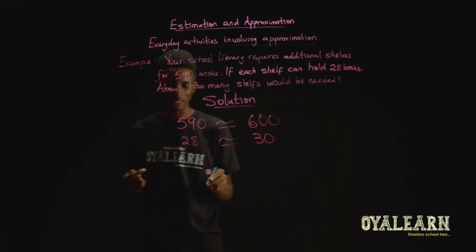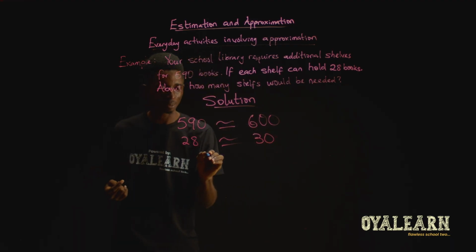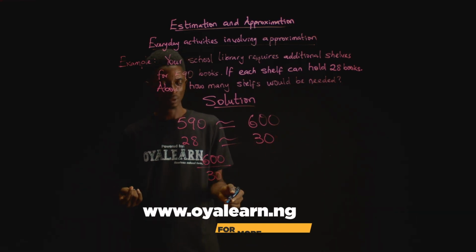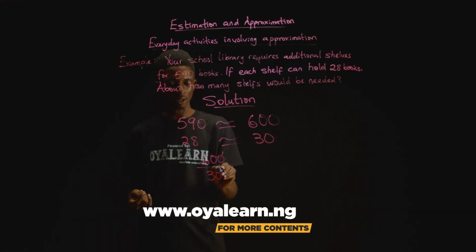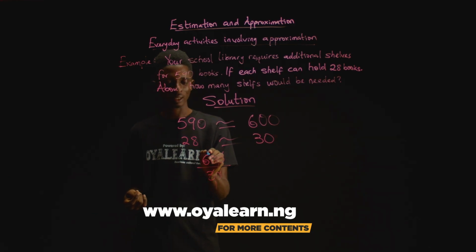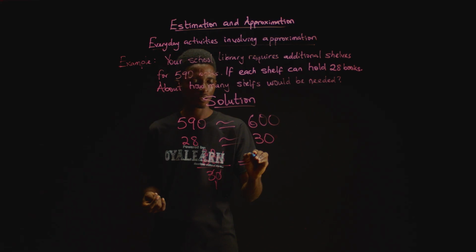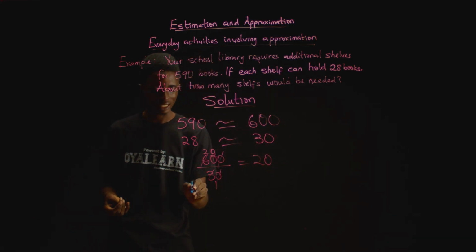So let's solve this. Our answer would then be 600 divided by 30. Now of course 0 cancels 0. So 3 in 6 is 2, and 3 in 0 is 0. So we have 20. So we need at least